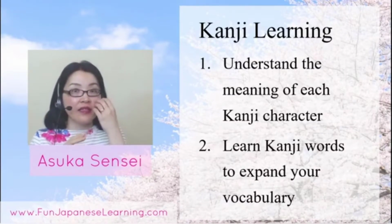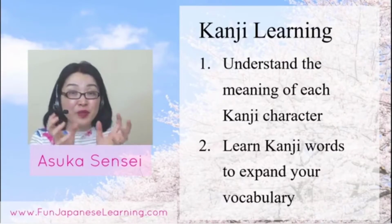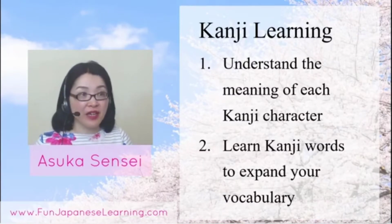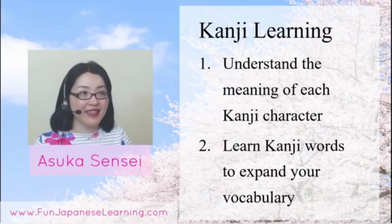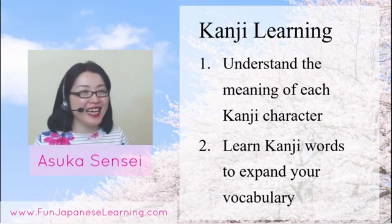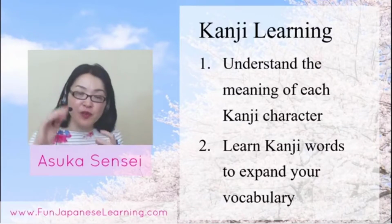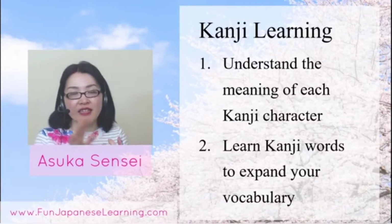Yeah, so understand the meaning and then use that meaning to guess the meaning of each word, and then memorize how each word is pronounced. It expands your vocabulary and then it's much easier for you to read sentences. I hope you feel how it works when you learn kanji. Yes, actually, if you learn kanji properly and then build up your vocabulary, it's much faster to understand the meaning